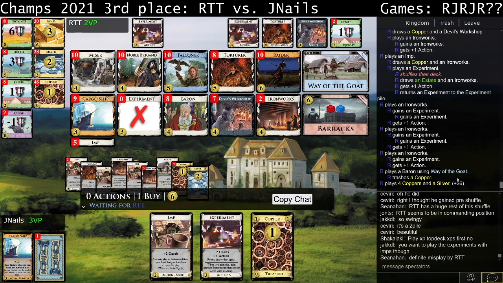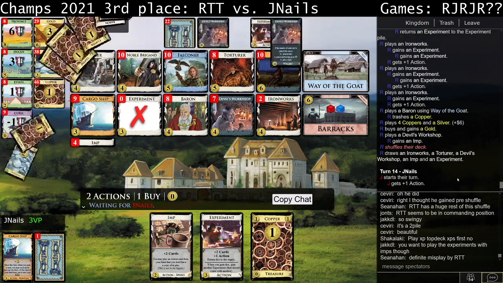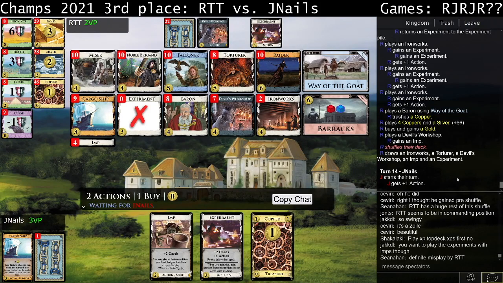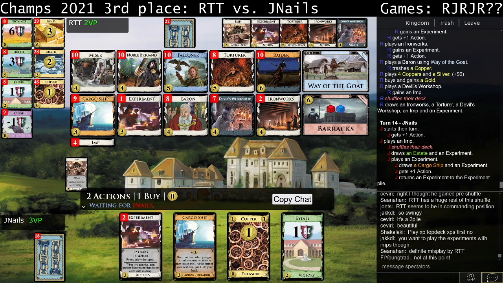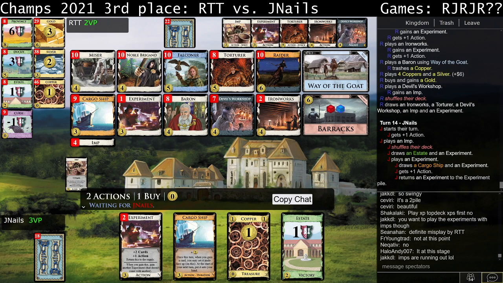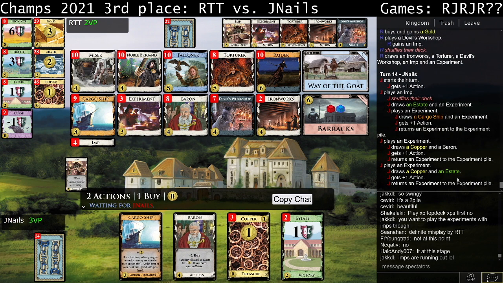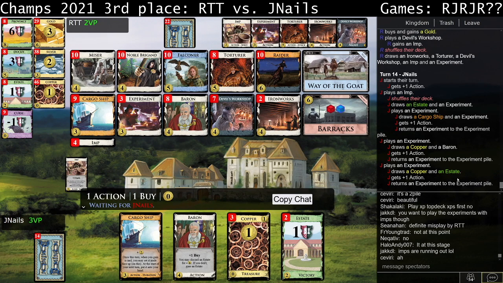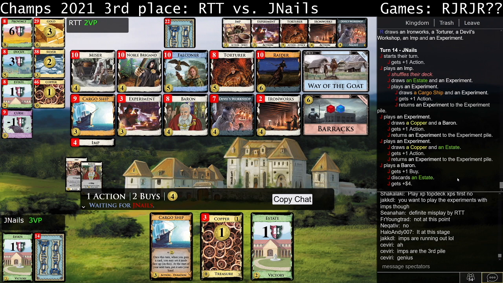Will we see RTT buy a Falconer? No. Okay. Will we see anyone buy a Falconer in this game? What do you think, chat? I'm gonna say if anyone buys it, it's JNails, and I don't think JNails is gonna buy it. Oh, Imps are really low. Okay, that's a good point. Scary. So your Falconers are only going to be able to non-terminally 4 times. JNails, unless you want to buy some...